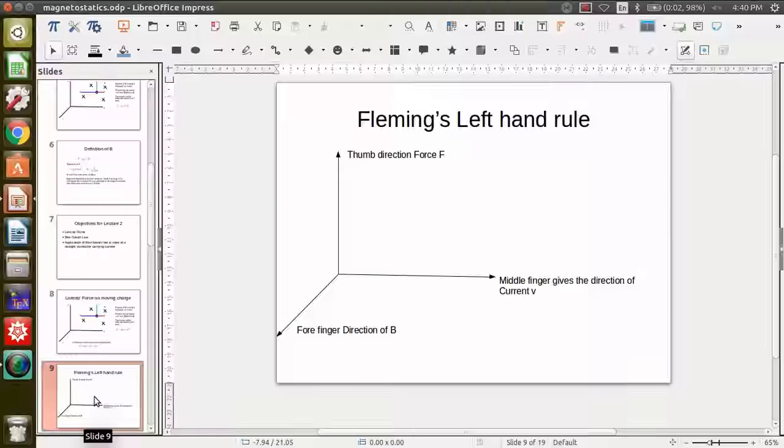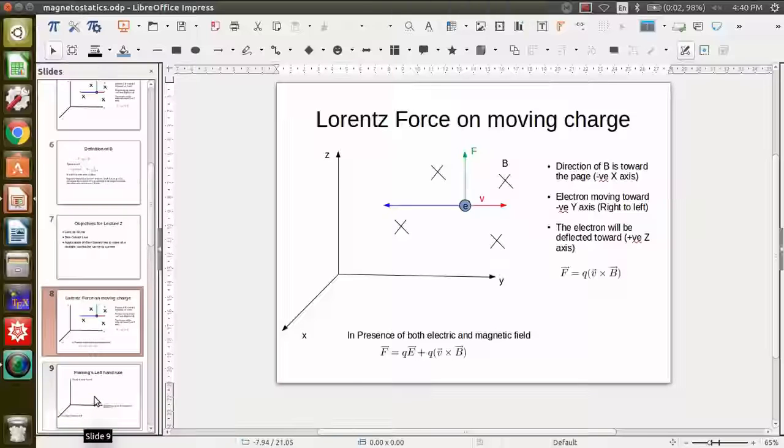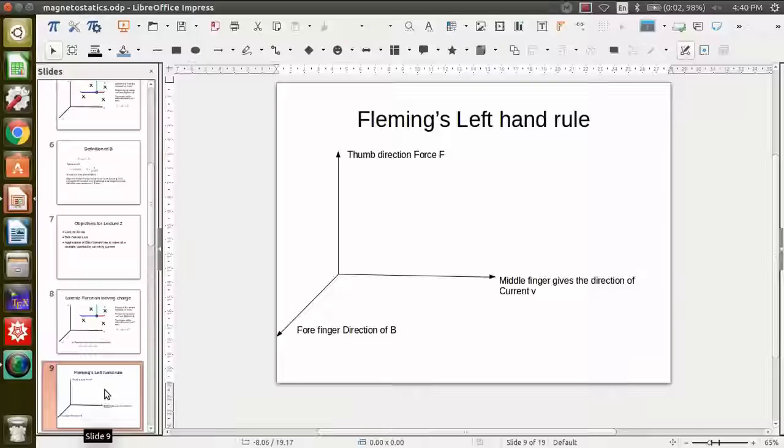So how do we find the direction of deflection of this charge when placed in a magnetic field? This is given by Fleming's left hand rule. What does that tell you? If you place your left hand fingers perpendicular to each other, the thumb, middle finger and forefinger,